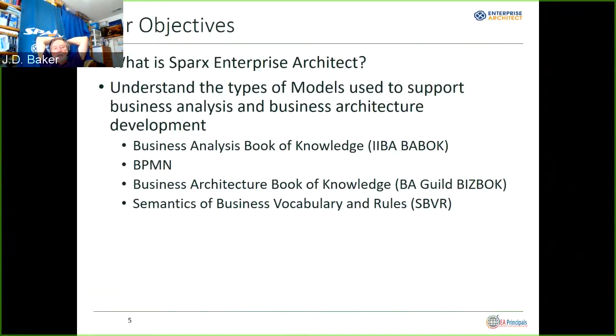I have two objectives in this webinar. One of them is to give you an overview of what Sparx Enterprise Architect is, for those of you that are not familiar with it. And then the primary objective, of course, is to talk about some of the ways that we can do business-focused